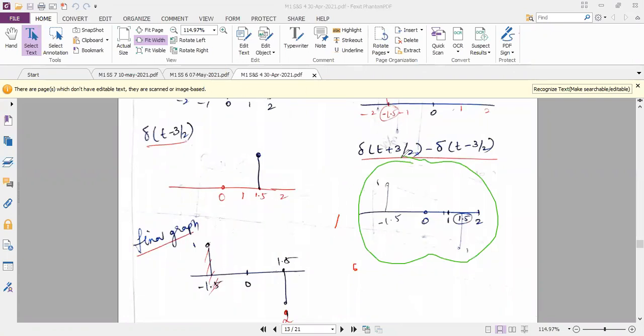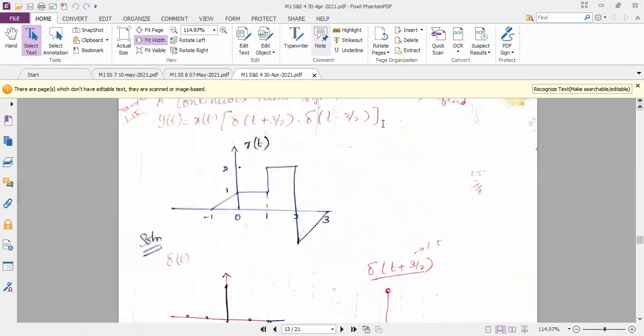Now we have to perform the multiplication operation. So for the multiplication operation, tell me, in the main signal x of t, do you have any amplitude at 1.5 or minus 1.5 on the left hand side? You compare the diagram of x of t with the final diagram which you have drawn. See, in the question, you do not have anything at minus 1.5. Your graph is starting at minus 1. That means only from minus 1 to 0 you have something in your x of t.